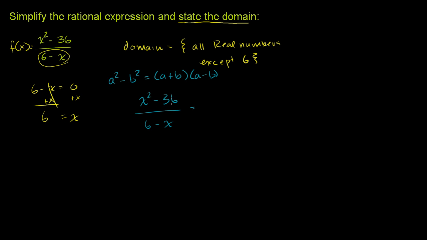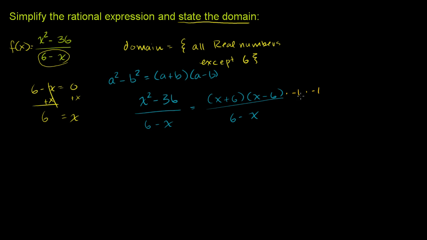So this top expression right here can be factored as x plus 6 times x minus 6, all of that over 6 minus x. Now, at first you might say, well, look, I have an x minus 6 and a 6 minus x. Those aren't quite equal. But what maybe will jump out at you is that these are the negatives of each other. Try it out. Let's multiply by -1 and then by -1 again. Think of it that way. So if I multiply by -1 times -1,